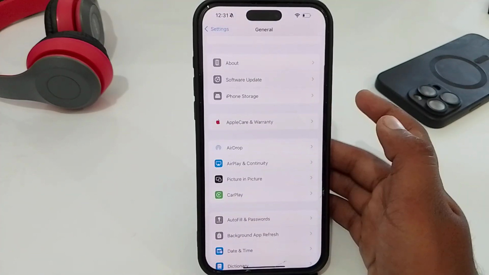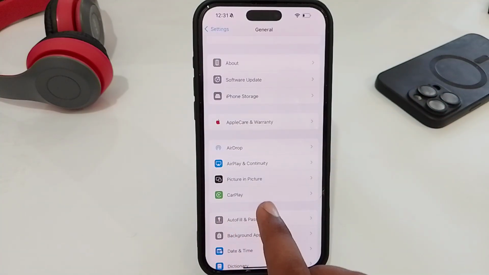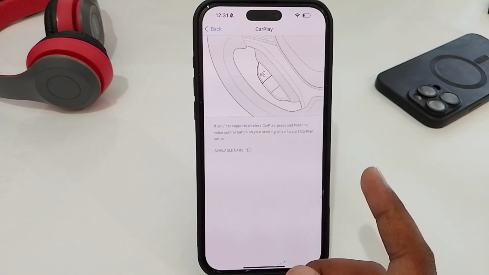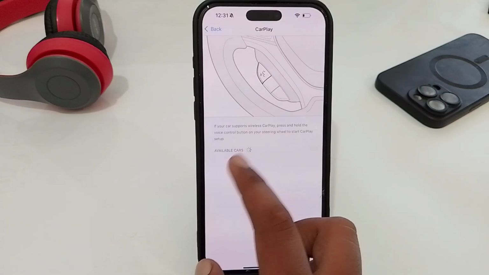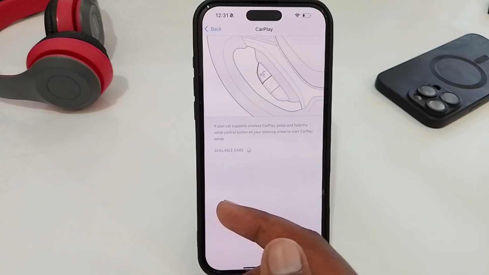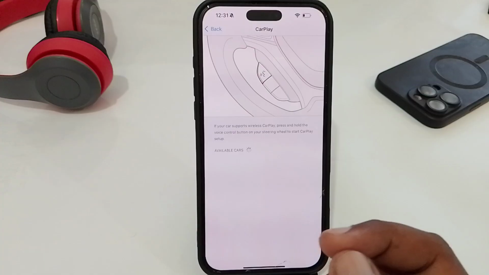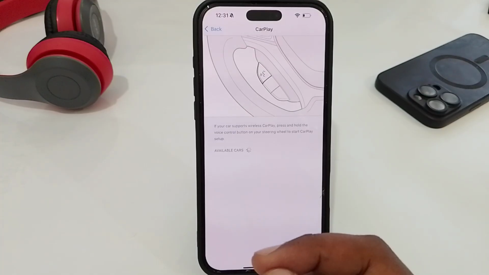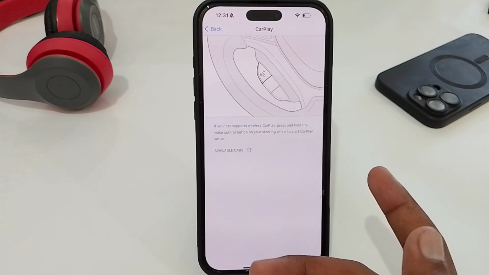Now you have to scroll down and look for CarPlay. Just select it, and here you can see it's loading. You just have to wait for it, and after it happens, you just have to enable or customize CarPlay. So that's how you can add